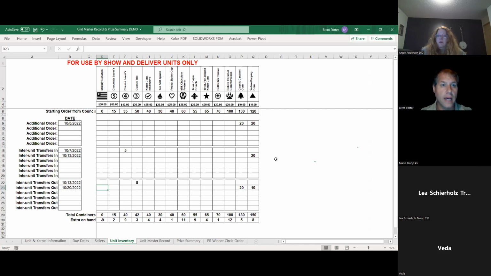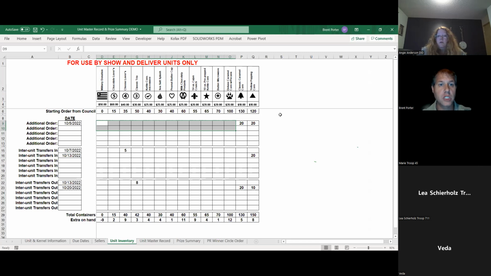Okay. So if I did not order anything more than my starting order, and I didn't get anything more ordered from the council, I can do all of the inter-unit transfers I want. Not a problem. The additional orders here are the ones that matter. So these top lines right here, all the additional order, those first 5. I can do as many unit transfers as I want. Those first 5 lines, if I have entered any information in there, that is what I can return. So in my case, for chocolate lovers, I can return my original 15. That's fine.